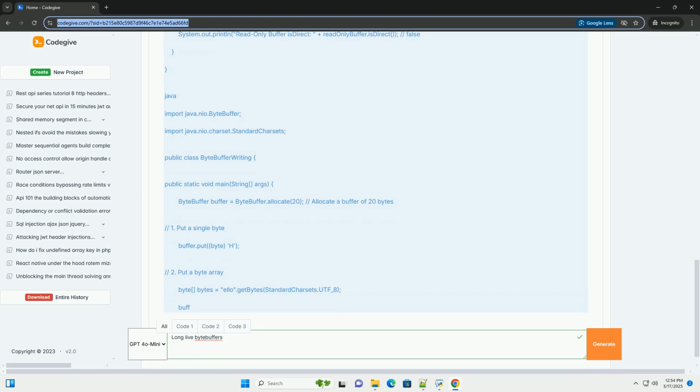Buffer: a contiguous block of memory used for temporary storage of data. Bytes: the fundamental unit of data stored in a byte buffer. Direct memory access: byte buffers, especially direct byte buffers, can directly access system memory, bypassing the Java heap for even faster I/O. Position, limit, and capacity: these three attributes are vital for understanding how byte buffers